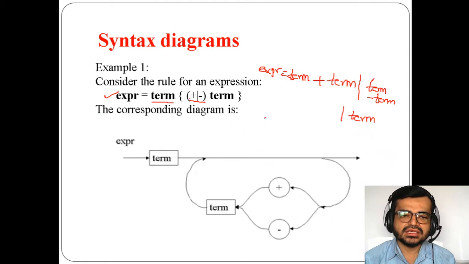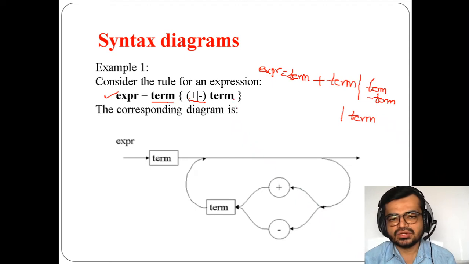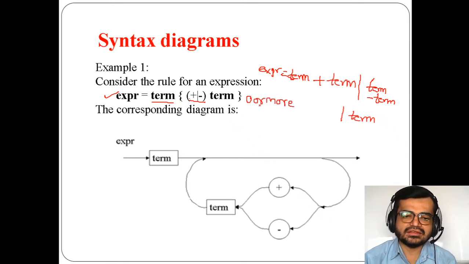Why simply term? Because this is curly braces. Curly braces indicate that it can have 0 or more occurrences. If it is 0 occurrences, this expression will simply be just term.